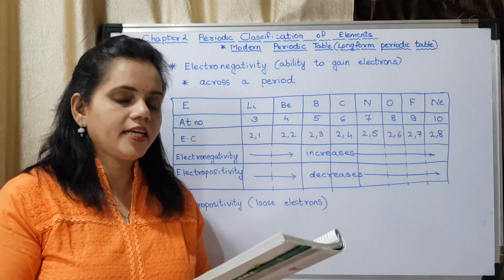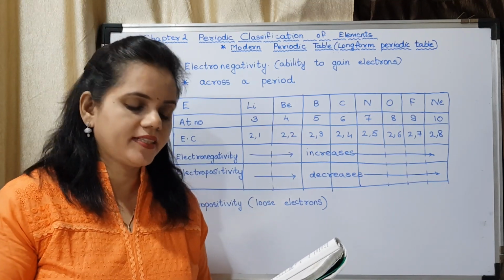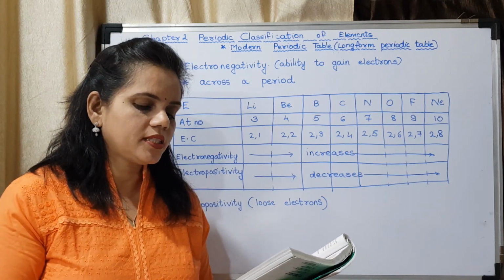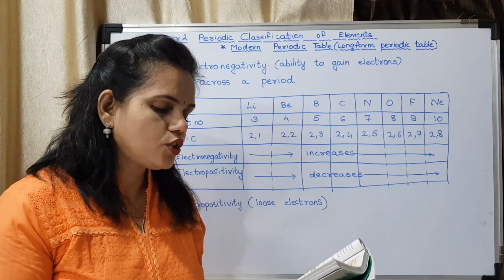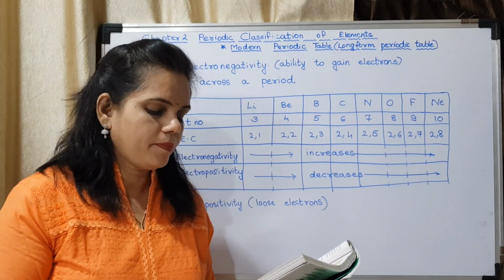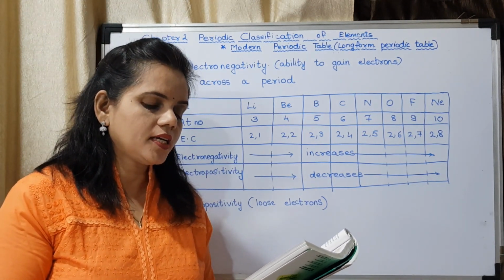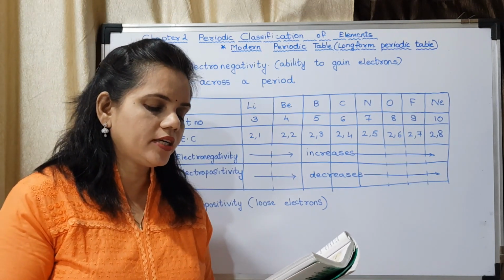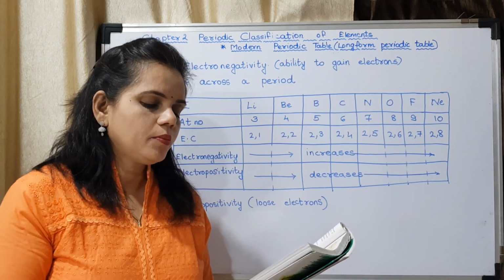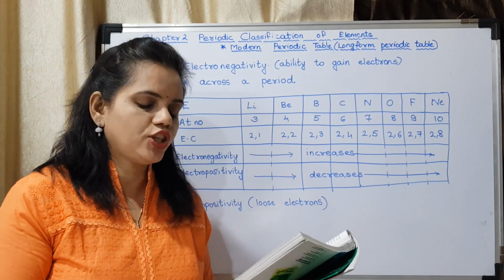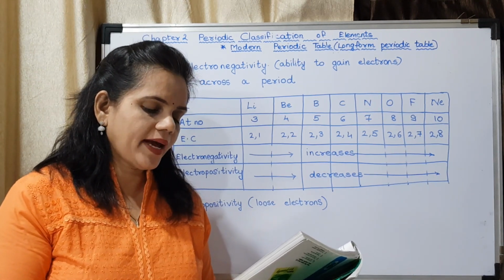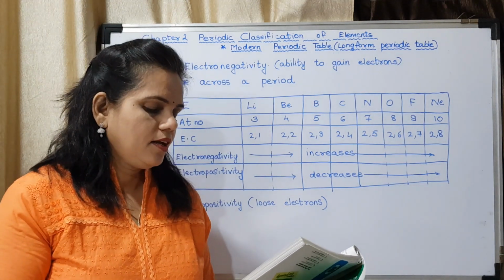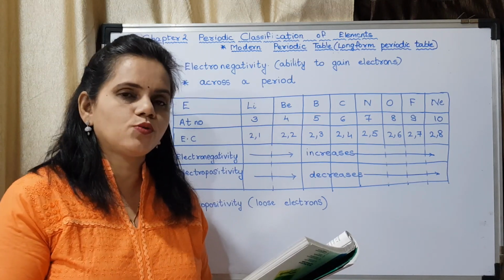Now the next question, again use your brain power on page number 25 itself. By referring to the modern periodic table, find out the group to which the above elements belong. To which group do they belong? They belong to the first group. Arrange the above elements vertically downwards in the increasing order of atomic radii. What is the increasing order? It is lithium, sodium, potassium, rubidium, cesium. Does this arrangement match with the pattern of the first group of the modern periodic table? Yes.